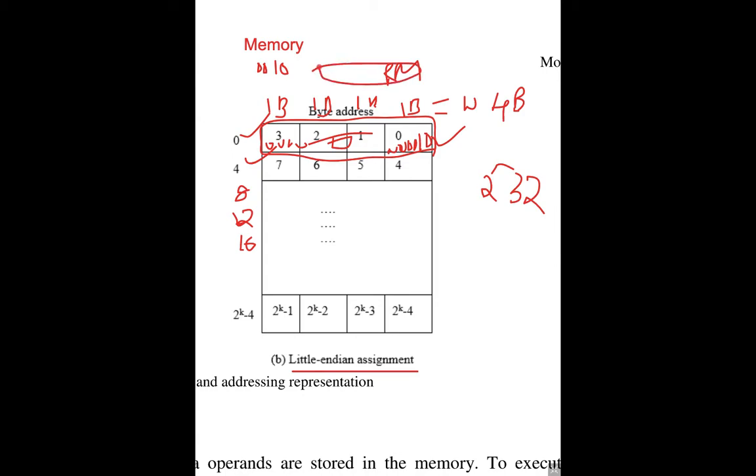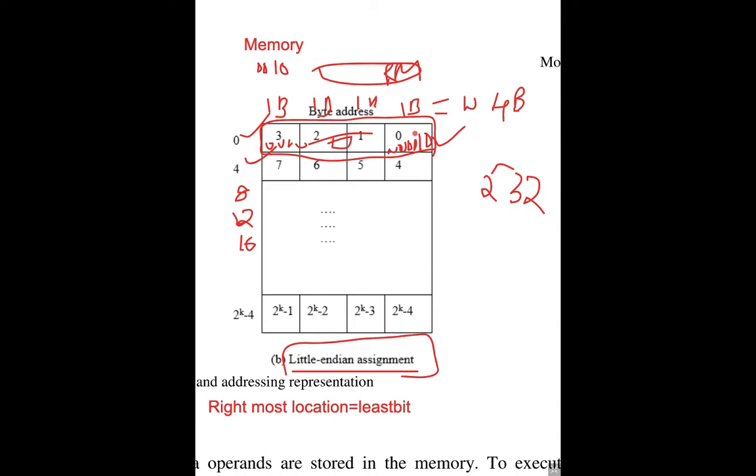So if I keep it inside the memory location like this, that is said to be a big endian. Okay, so what does little endian mean? In the rightmost location, you are going to keep the least bits. That is said to be a little endian. Please remember this, very important. In the rightmost location, I'm going to store the least bit.